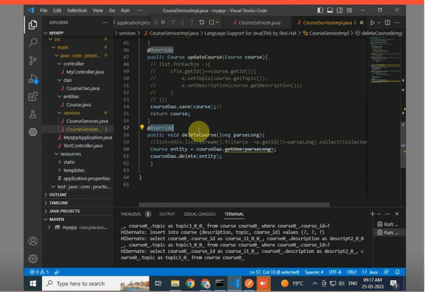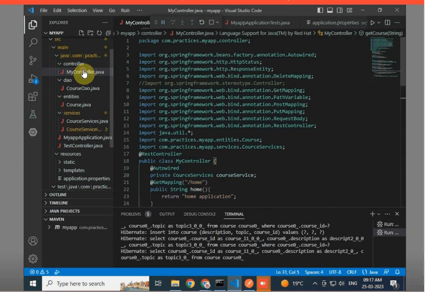In the overall project, the most important class is the controller class. This is a REST API controller, MyController class, that handles HTTP requests and responses related to courses.